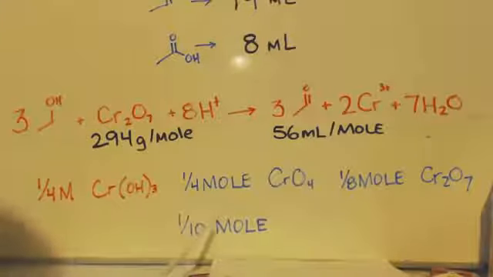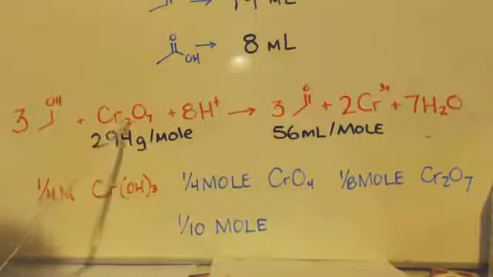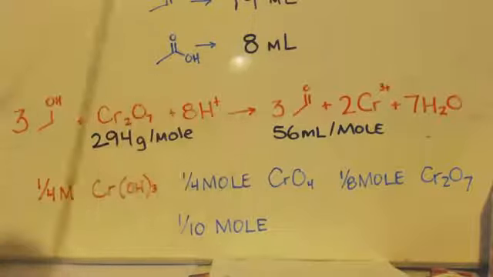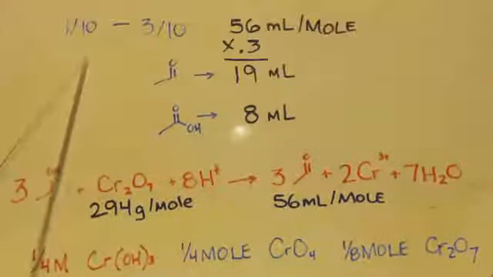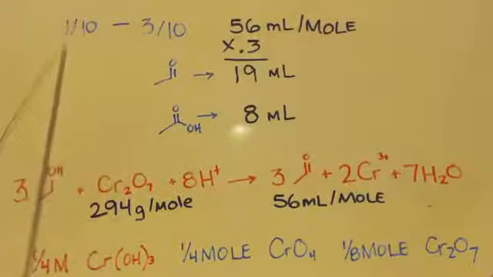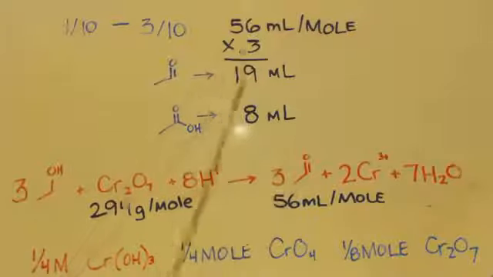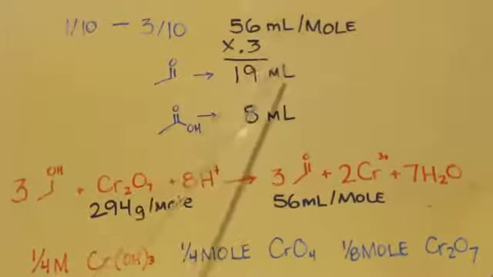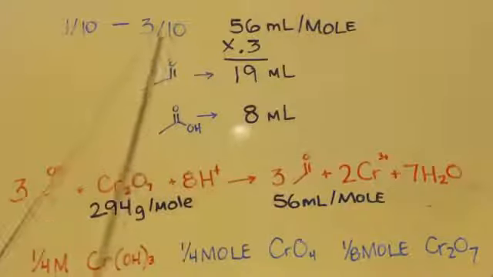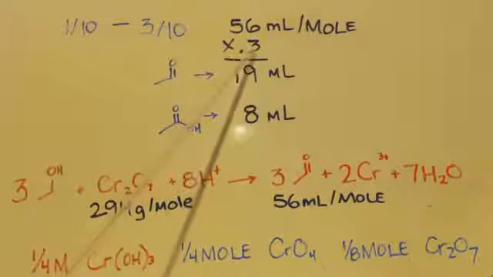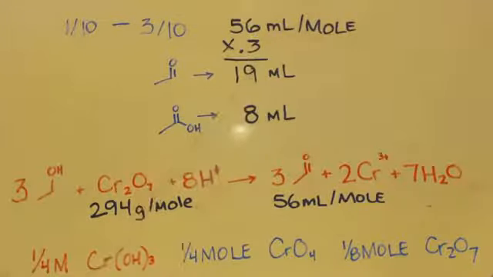We have a tenth of a mole. So according to the ratio, it's a 1 to 3. So if we have 1/10 of dichromate, we can make 3/10 of the acetaldehyde. 1 mole, we said, was 56 milliliters of acetaldehyde. 3/10, so we multiply it by 3/10, or 0.3. We can only make 19 milliliters, and you figure with loss, unless you have a micro distillation apparatus, you are